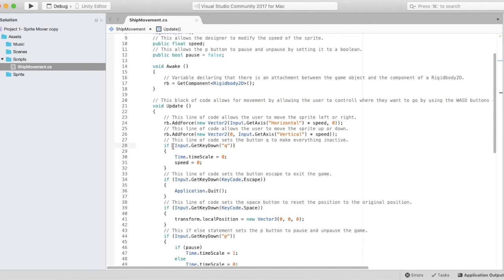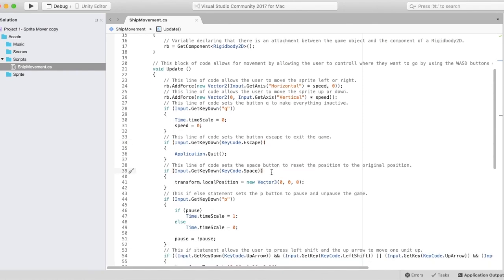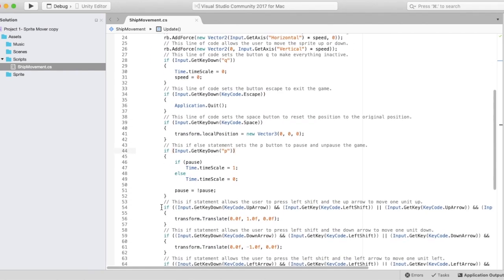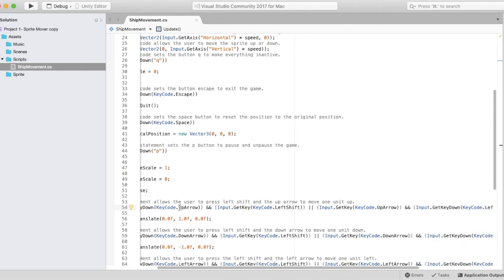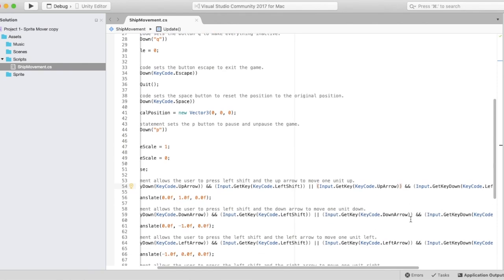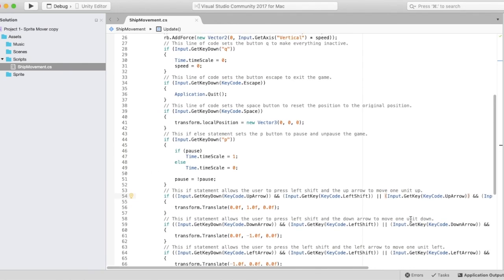I have an input.GetKeyDown for the Q button, Escape button, Space button, P button, and for the arrow keys with the left shift. And the arrow keys and the left shift are actually working under an AND operator. And that's where input.GetKey comes along, because that's placed after an OR operator. So as you can see over here, I have OR, and then I have input.GetKey for the arrow keys and the left shift. And if I were to scroll back up,